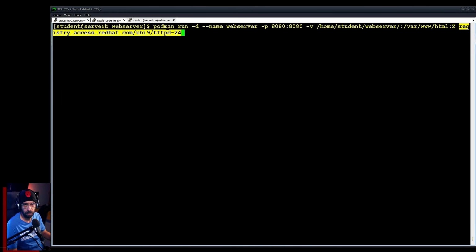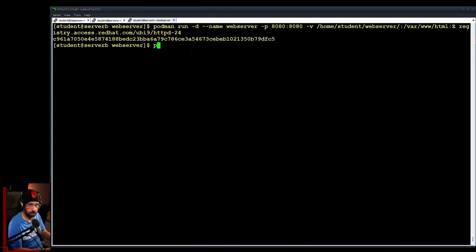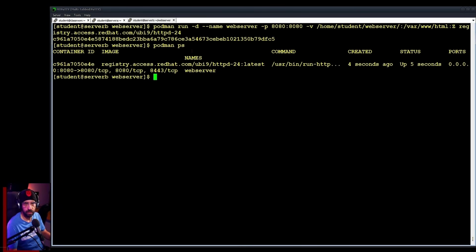So let's just review. Podman run, daemonize it, it's going to be called webserver, forward the port 8080, and map the local folder to the remote folder, /var/www/html, which is the default within RHEL. Fix all the SELinux stuff and use this image there, which is awesome. So let's do podman ps. Looking good. So let's do curl